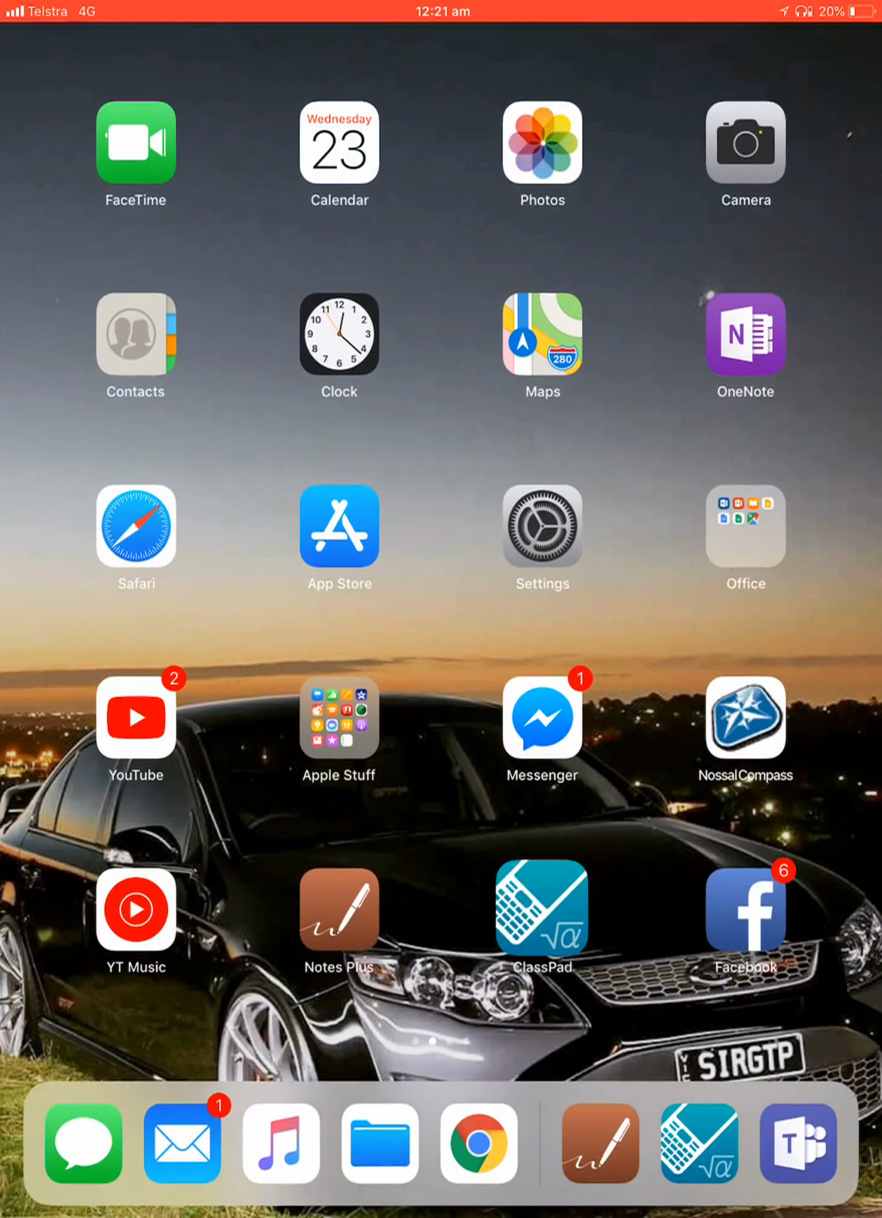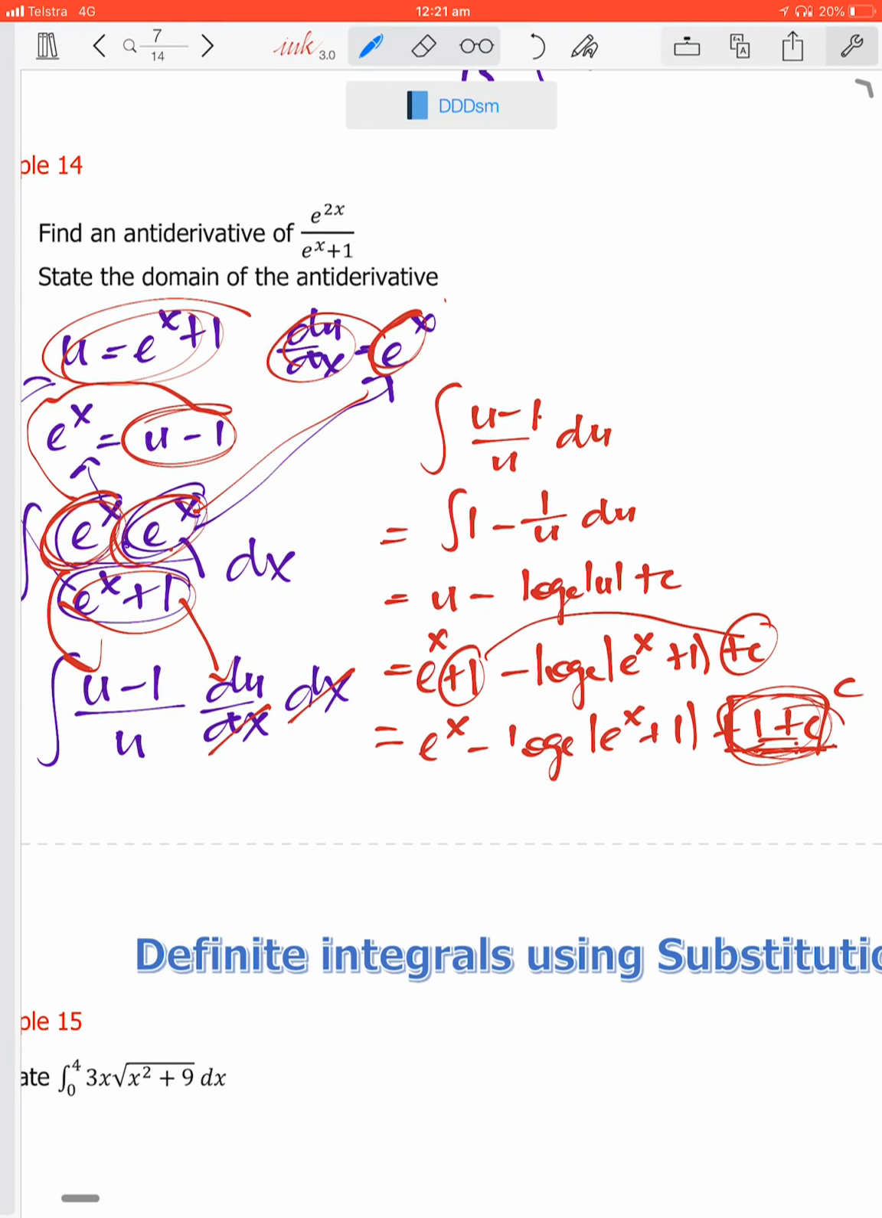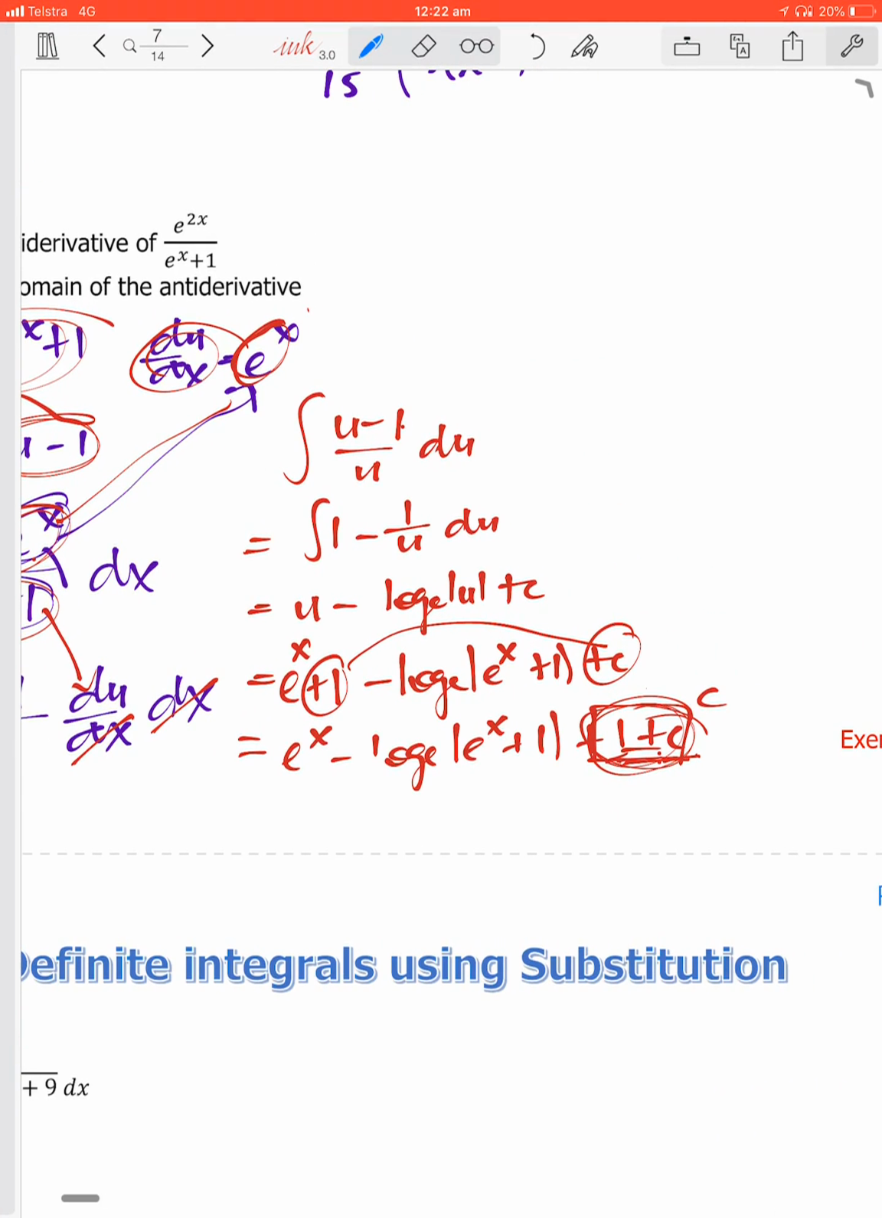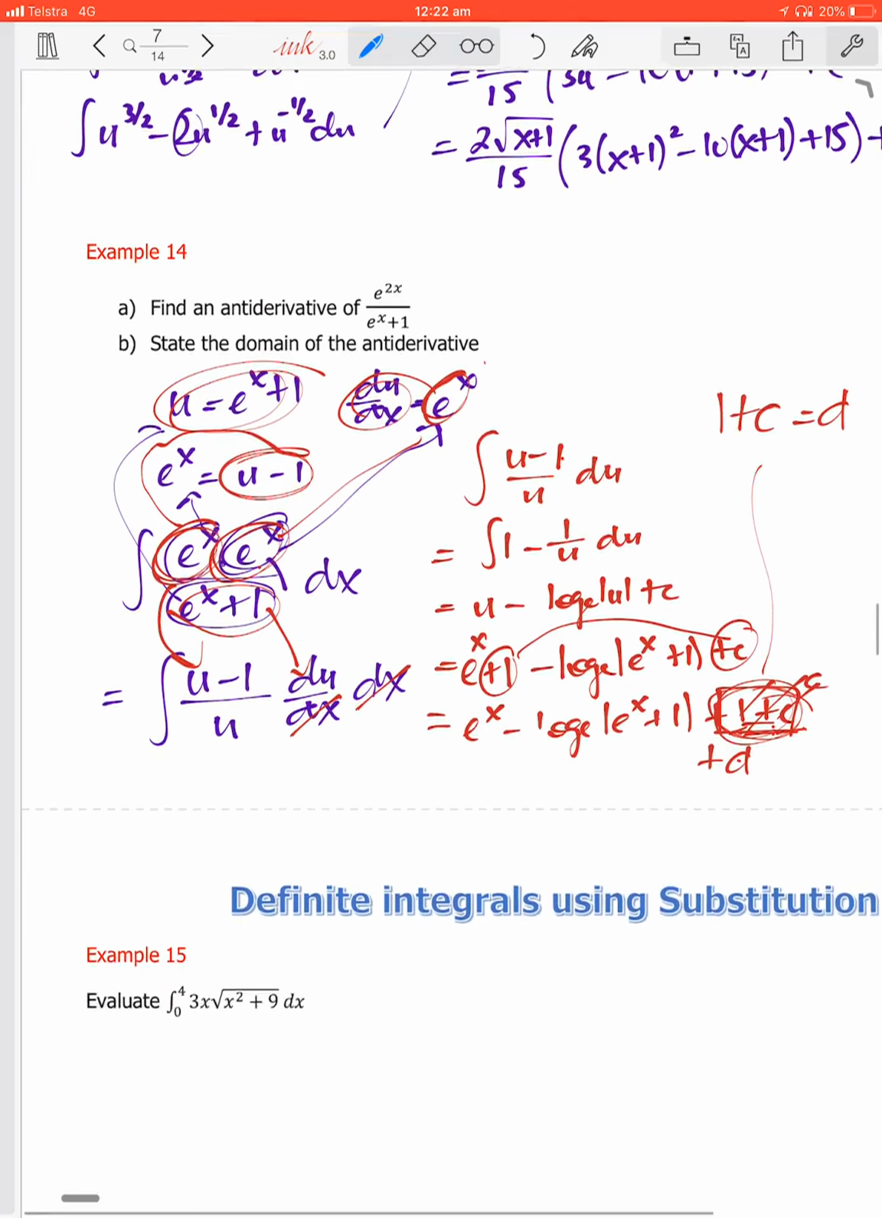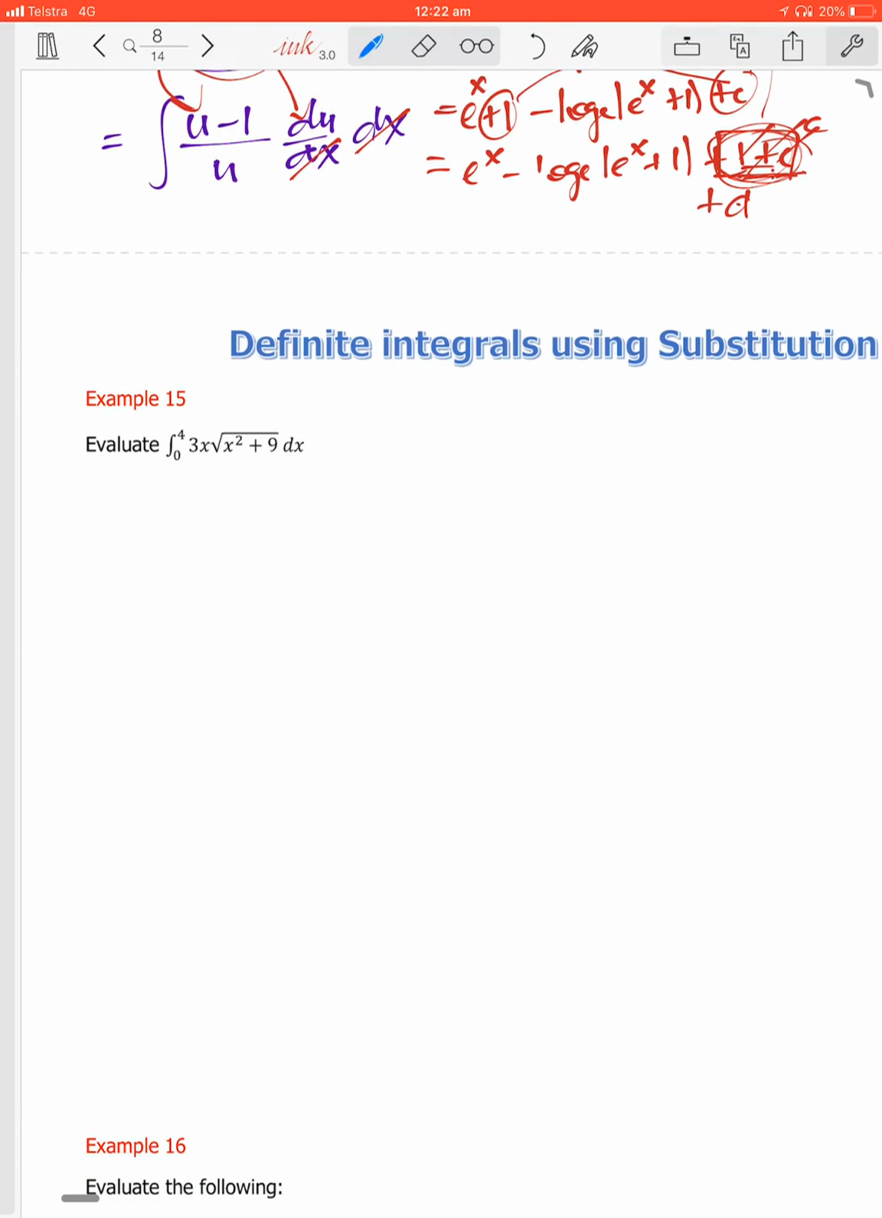like if I said e to the x minus log e to the x plus 1 plus c, if I wanted to, I could just say that 1 plus c is equal to d. So I could replace that with just a plus d. Either way, they're just a constant value, it doesn't change. So the CAS will just get rid of that value. I'll explain more of that as we go along. Okay, so